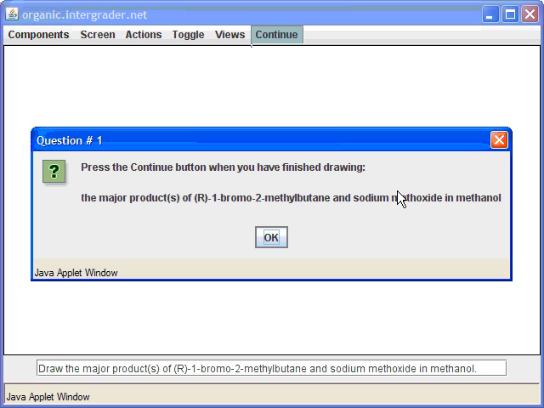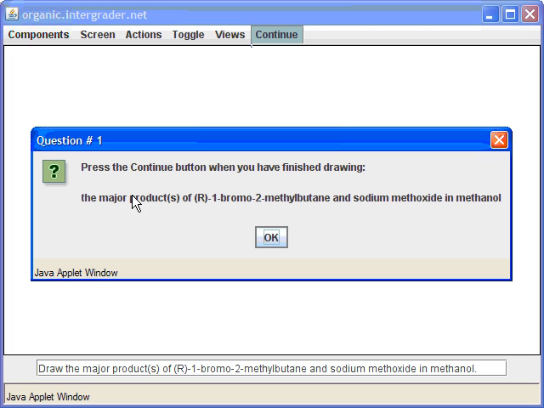The important thing to note here is that there's no acid catalyst, because sodium methoxide is actually a strong base. The only reason we had to use methanol for this reaction, which will either be nucleophilic substitution SN2 or perhaps an elimination, is basically because of solubility considerations. It's a very ionic compound, and so therefore you have to use this particular solvent.